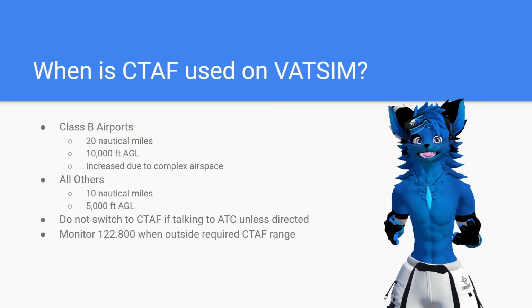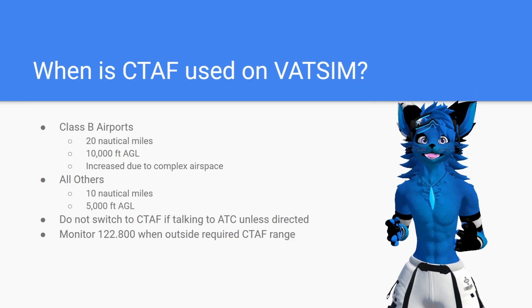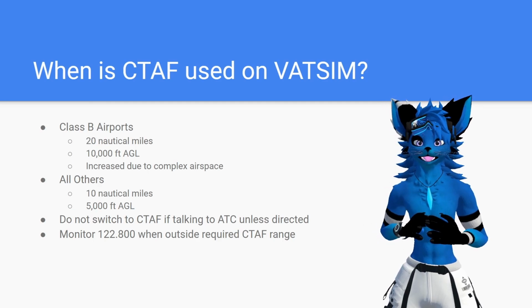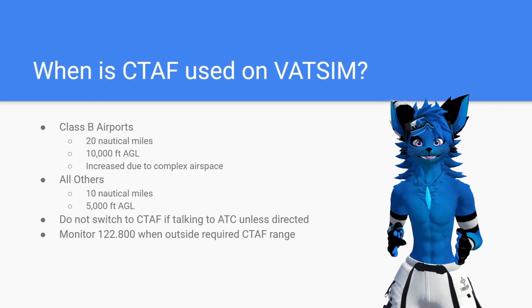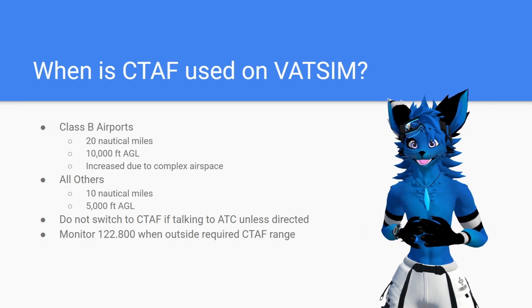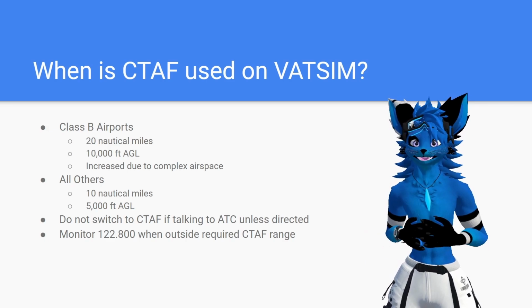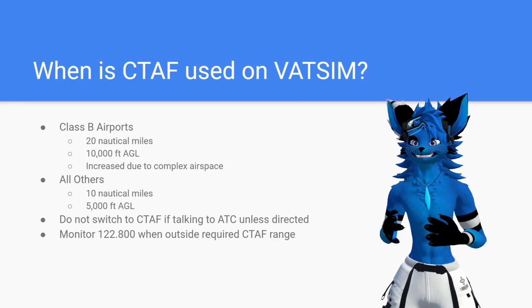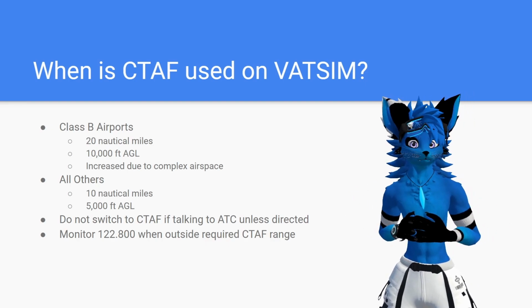So when you're operating at a Class Bravo airport, they want you to start making those position reports when you're 20 nautical miles away and below 10,000 feet. This is because Class Bravo airspace is very, very complex airspace, and there's a lot of planes that can be operating into those airports at any given time. So just as a safety margin, they say, start your position reports when you're 20 nautical miles from the field